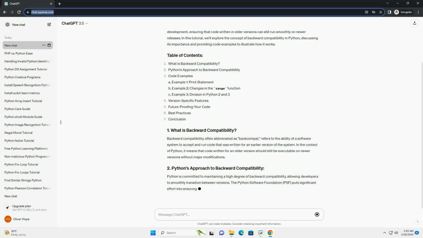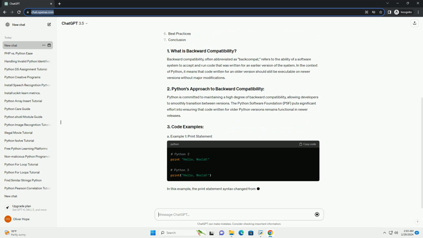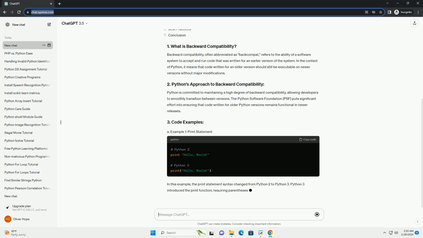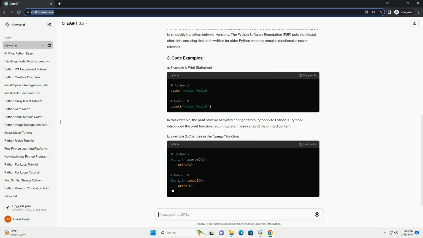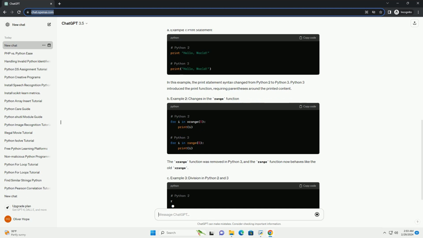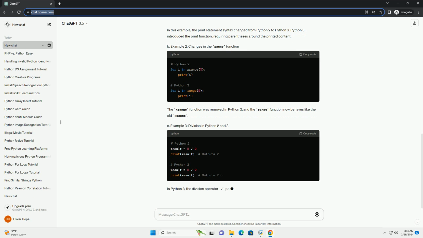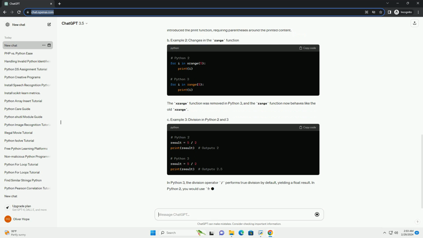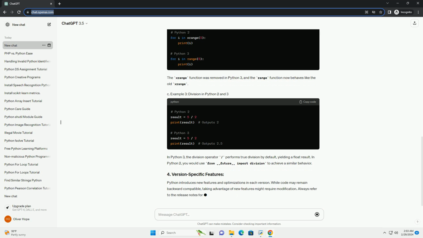Backward compatibility, often abbreviated as backcompat, refers to the ability of a software system to accept and run code that was written for an earlier version of the system. In the context of Python, it means that code written for an older version should still be executable on newer versions without major modifications. Python is committed to maintaining a high degree of backward compatibility, allowing developers to smoothly transition